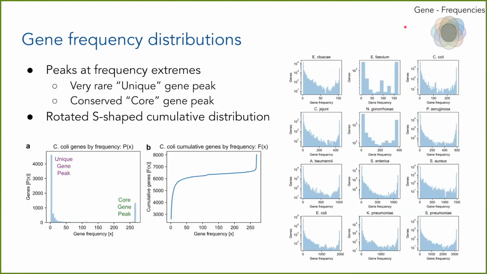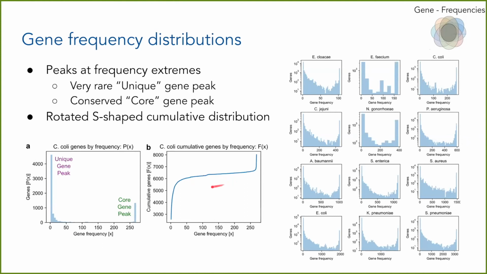And so now moving on to more gene level analysis, we first looked into these gene frequency distributions, which essentially asks how many genes are observed in what fraction of strains for each organism. And we find that all of these gene frequency distributions pretty much follow this 2-peak shape. You have a peak of unique genes, or a large number of genes that are observed in very few strains. You also have this core gene peak where a large number of genes are observed in nearly all strains for each organism. And just another way this manifests visually is in the cumulative distribution taking on this rotated S-shaped